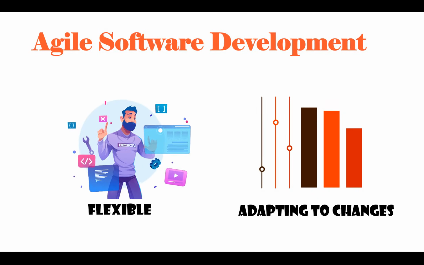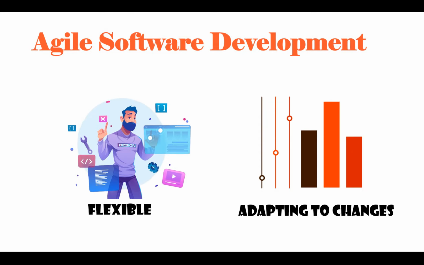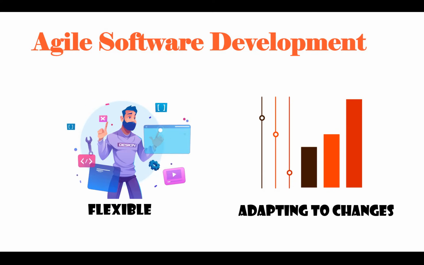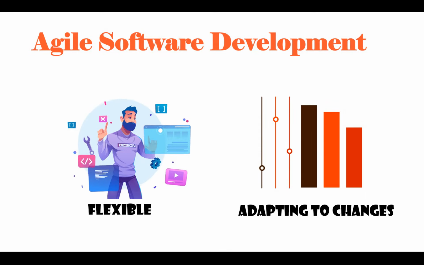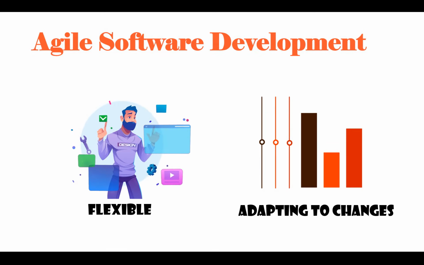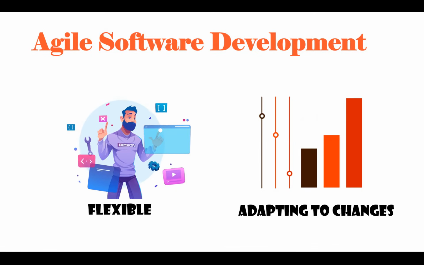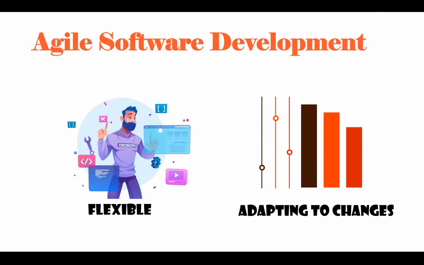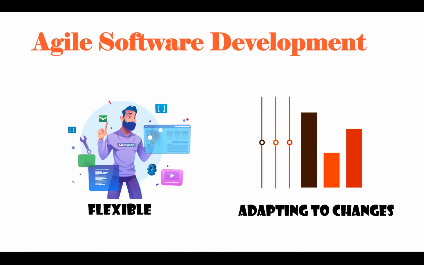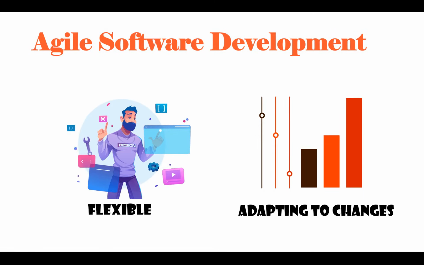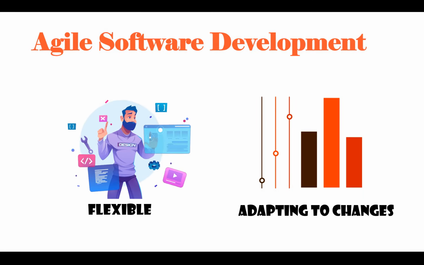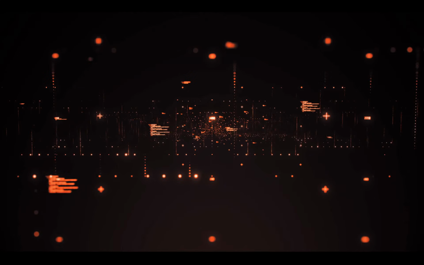So we had waterfall. We used to have a solid plan, and we didn't make a lot of changes, or changes would cost you a lot because you would be doing those changes at the end of your development. So that is where we now have this agile software development, and we are looking for more flexibility and adapting to changes so that we can have more working software in short intervals. We will see more about that. So that was a small glimpse on why we are following agile software development.